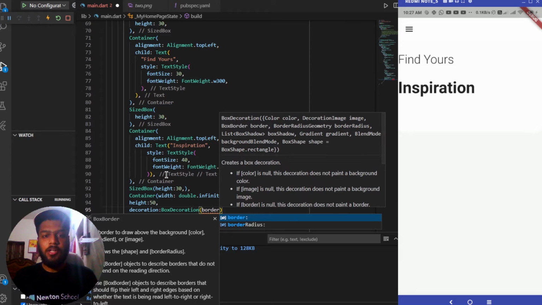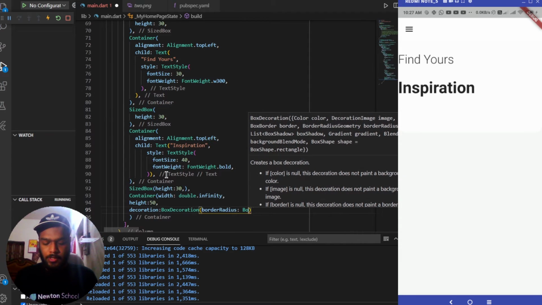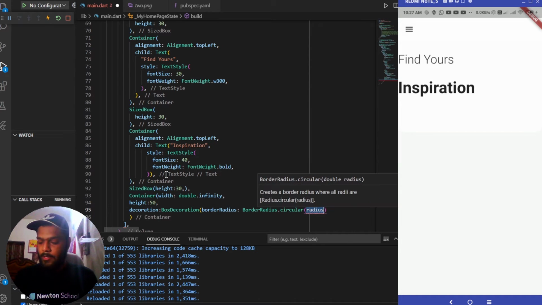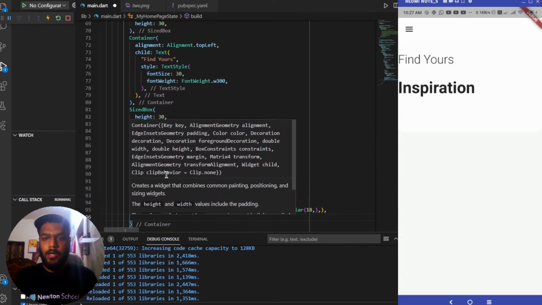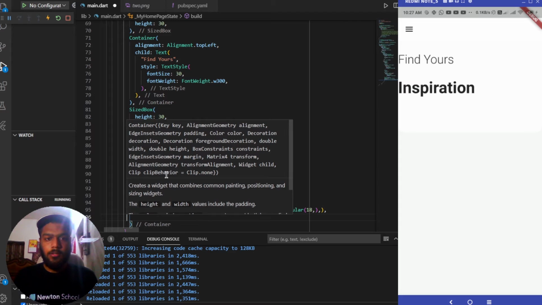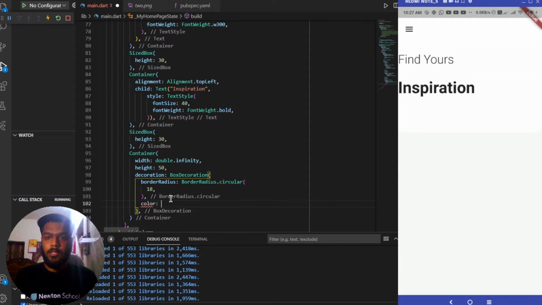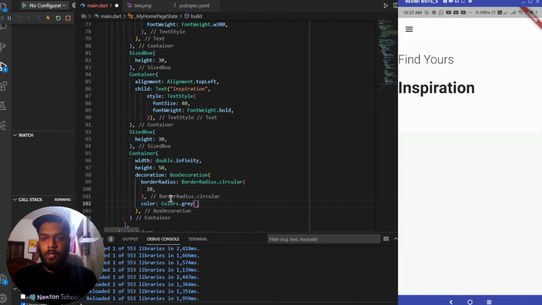with borderRadius as BorderRadius.circular with the value of 18. So borderRadius.circular with the value of 18. And after this, adding a color. Let me save it once. After this, adding a color of Colors.grey with the value of 100. After this, adding a child to this container. So child will be of type Row,